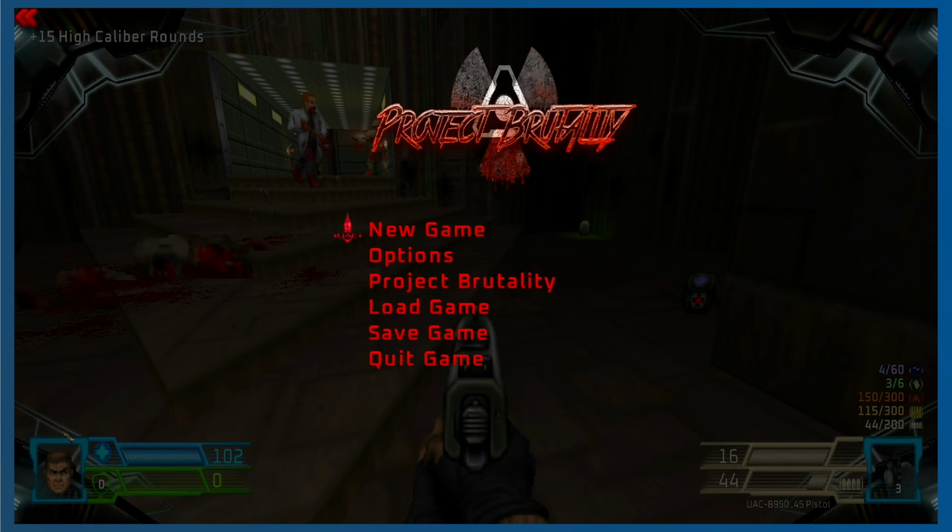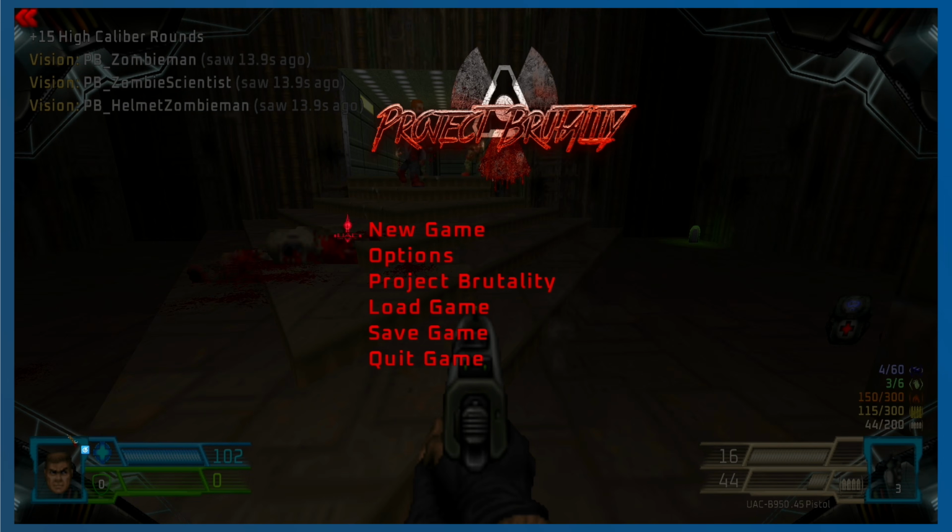There's a clear delay, and you see that it takes time for reaction. We will print in the console, saying, I see this zombie with chainsaw, this zombie with something. You see, vision zombie comes up, zombie scientist, helmet zombie man. So it can look at an object and refine what it can see.